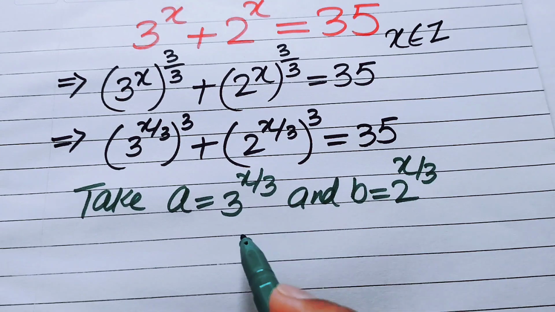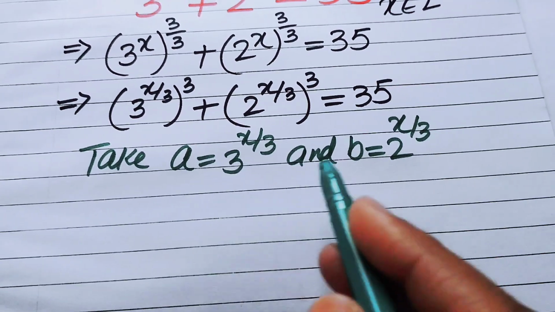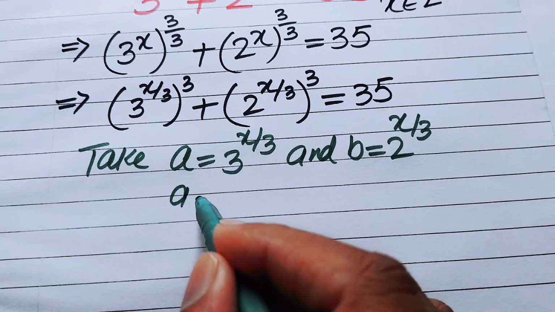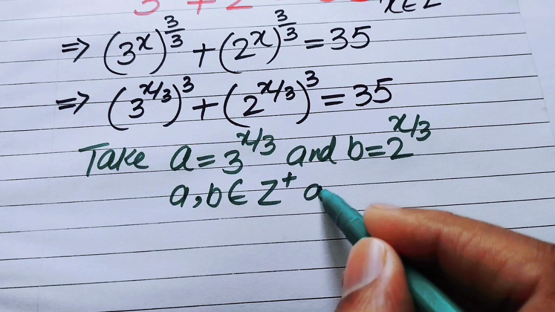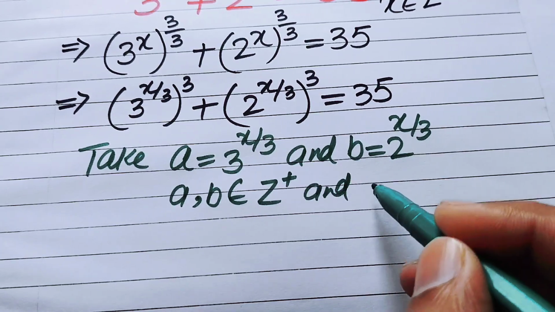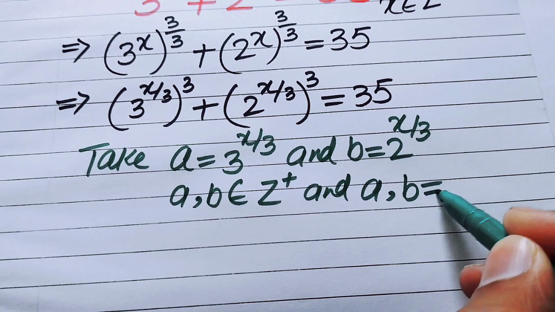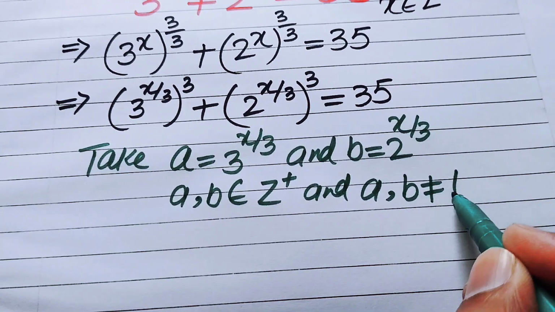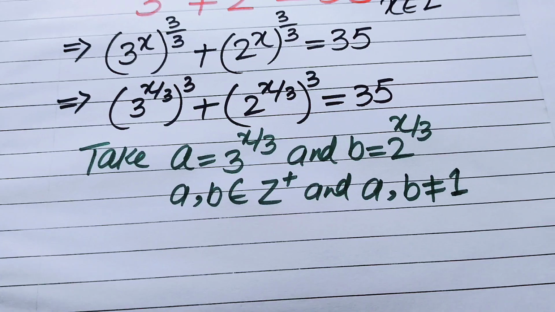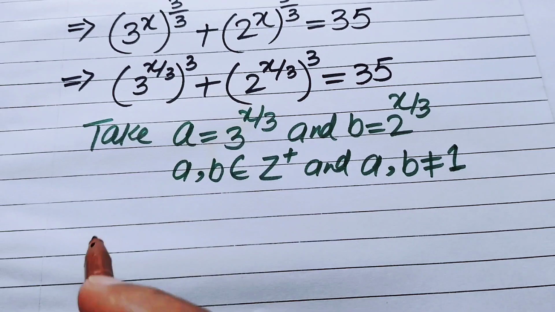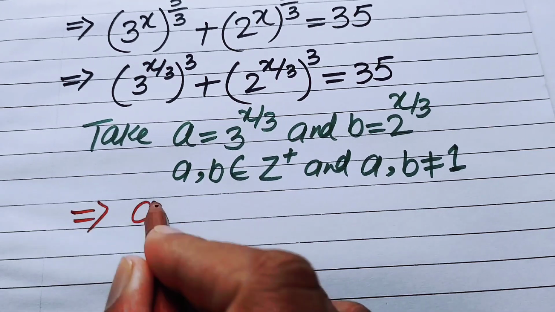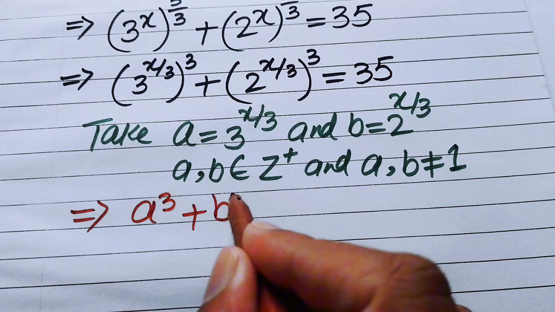Remember that we write the conditions on a and b: a and b belong to the positive integers, and a and b are not equal to 1. Now in the next step we put the values of a and b in this equation,